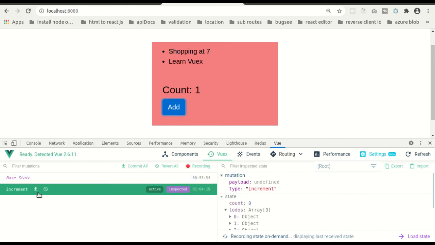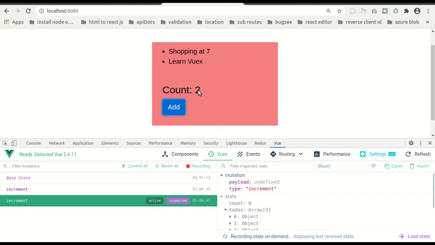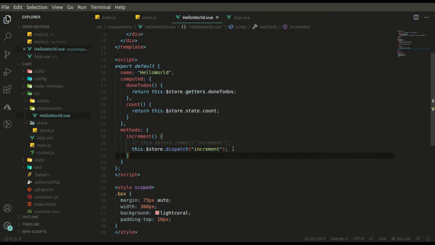Now you can see the changes over here and the update over here, both of them reflected after 3 seconds. So it helps us a lot in debugging. This is how we have to use action, and not only while we are dealing with async operations, but always it is a good practice to dispatch an action while mutating the state of the store. Let's do it once again. Both the changes were reflected after 3 seconds. Okay, cool.